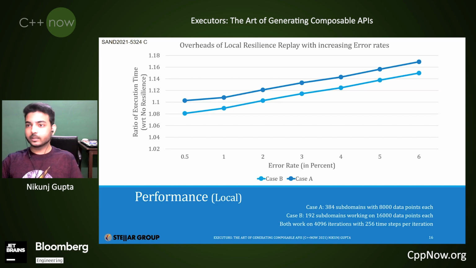But let's say, assuming even if you have 6% errors, even then a replay will not take a lot of time. It would take about 16% more time than usual to do the work. And it's much better than replaying the whole application again,